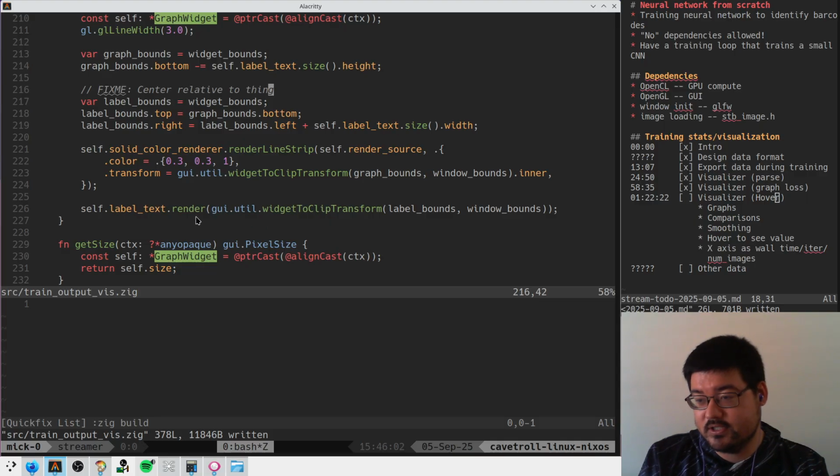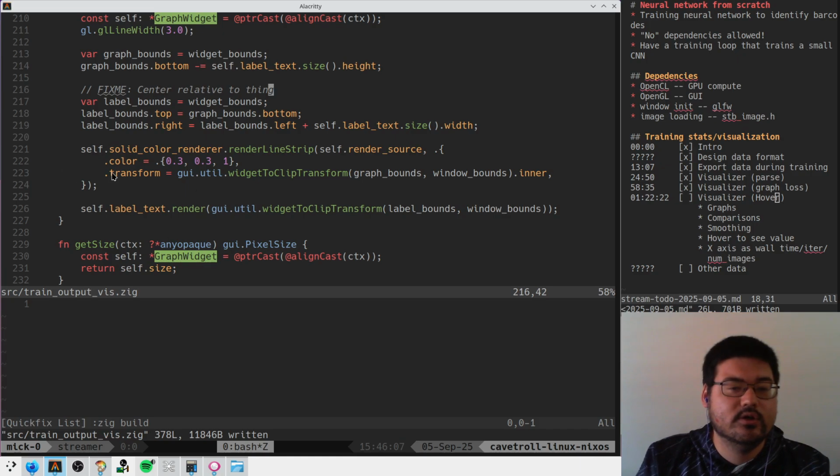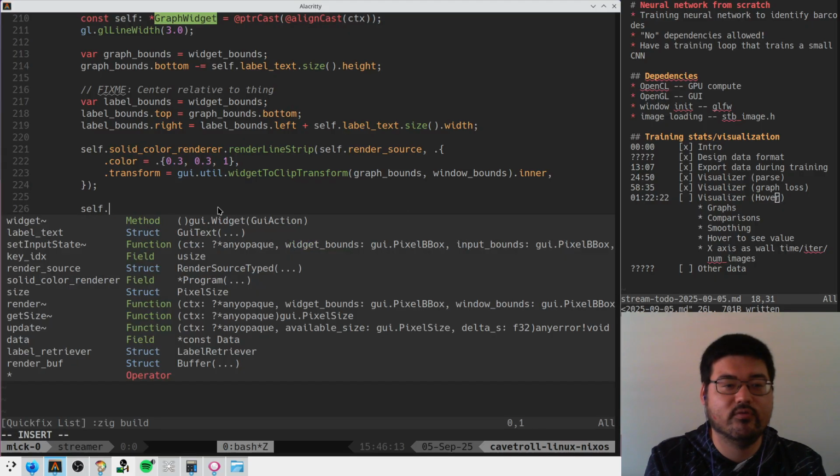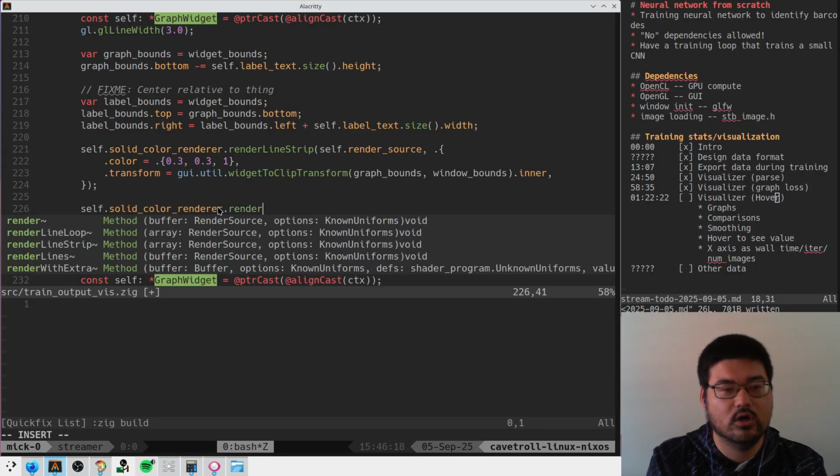if it needs a vertical line with the mouse, this feels naked. I agree. So can we do that somehow easily? I was just gonna render a dot, to be honest. I was gonna do like self solid color renderer render